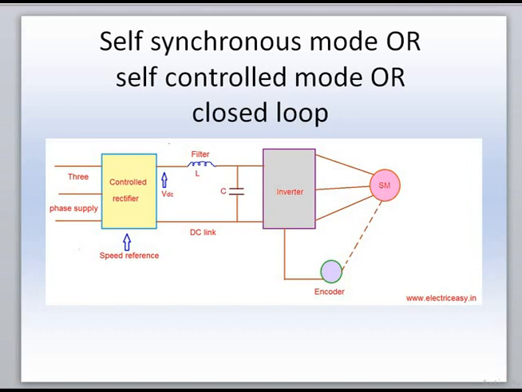That's why these motors are called CLM, commutator-less motors. That is, self-controlled synchronous motors are called commutator-less motors, which have steady state behavior and dynamic behavior. There are no distortions. Okay, only thing is the commutators are replaced with the inverter. That means there is a commutator-less motor. Self-controlled synchronous motors are called commutator-less motors.